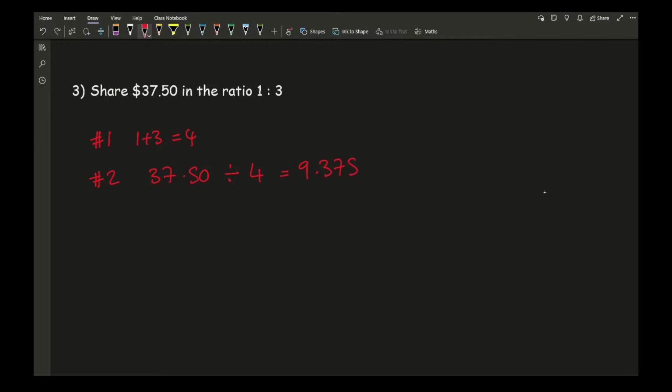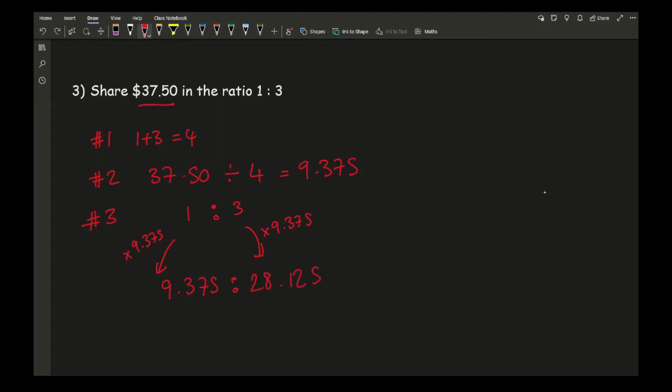Now again, here I've got a decimal answer, which is not surprising really, as the amount was in a decimal. So again, I'm going to keep following the same steps. I've got 1 to 3, so I'm going to times this by 9.375, and then times this answer by 9.375. So here I get the answer of 9.375 to the ratio of 3, and I get